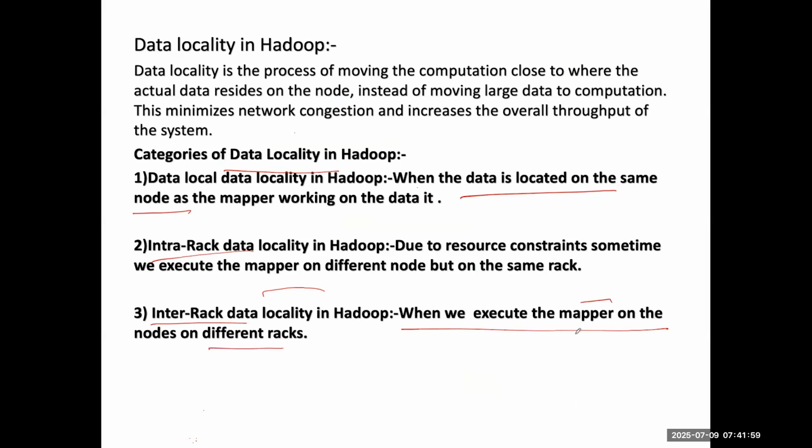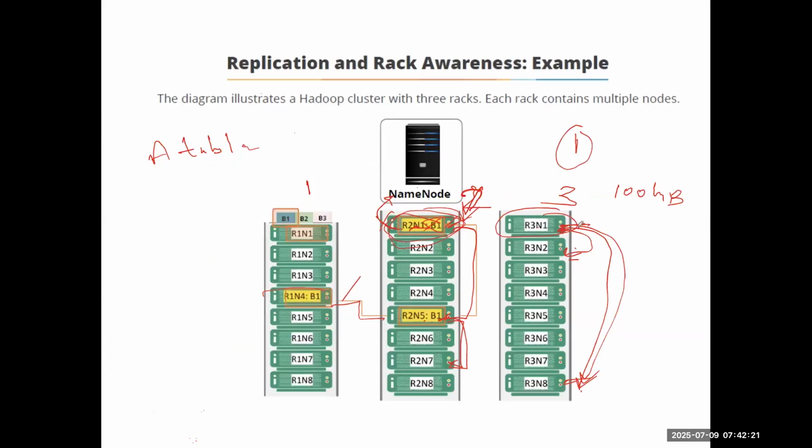Here I'm talking about the mapper because this term is with respect to MapReduce. That's why it is mapper here. But in a Spark job, there is no mapper or anything. As this was prepared with respect to MapReduce, that's why mapper is written here. Let's suppose I execute a Spark job, and my data is on this node. If instead of here, I copy the data to there and run it, then we call it intra-rack. And if I copy the data from here to another rack and then run it, then we call it inter-rack.